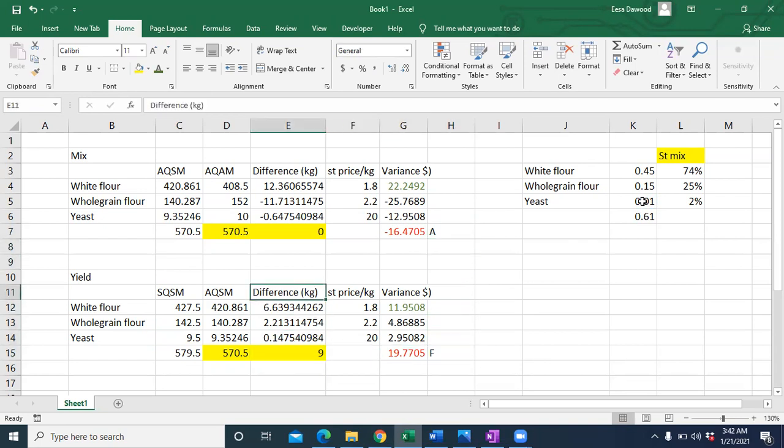So actually what happened here, I was supposed to use 579.5 of the input material as per the standard for the actual units. But I actually used less, and I saved some materials. So definitely I saved some cost at the same time. 19.77 favorable. Okay. So actually what happened here for wheat flour, I was supposed to use 427.5. I actually used it less. And then when I'm going to use it less, definitely I'll be able to produce more. Yeah. So I saved this kgs, and in terms of this is my cost saving.